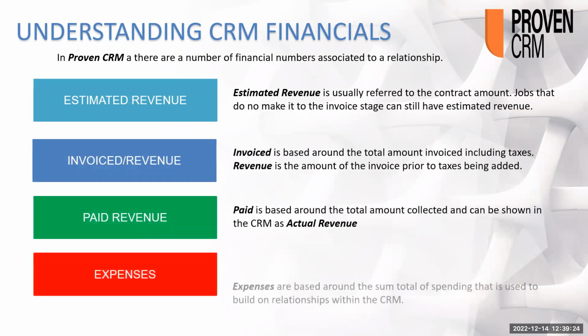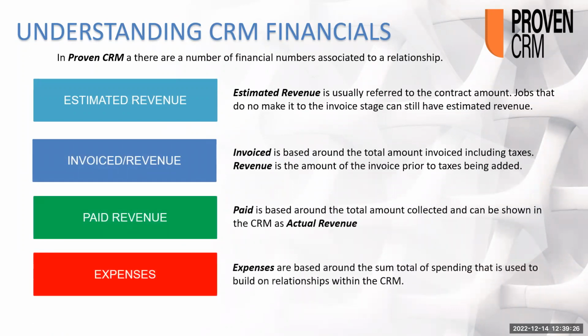There's a number of different financial numbers associated to a relationship, not only expenses. Starting from our job management side, we have the estimated revenue, which usually refers to the amount that we're selling the job for. Not every job that has an estimated revenue will make it to a sold or an invoice stage. We typically recommend as best practice that as you're estimating your projects and jobs in the field, you would document your estimated revenue just for historical purposes,